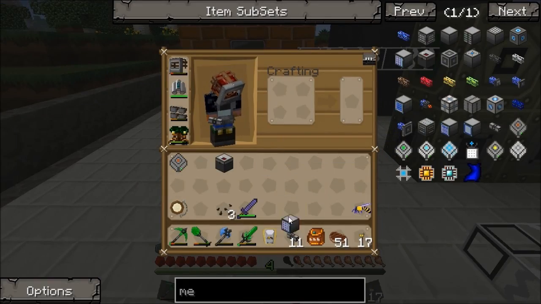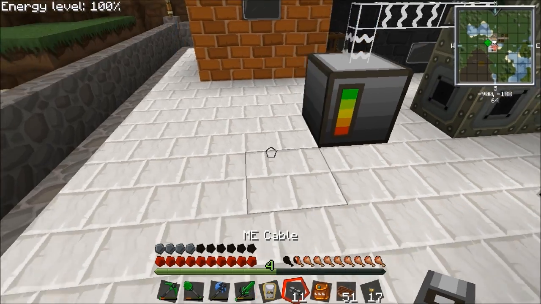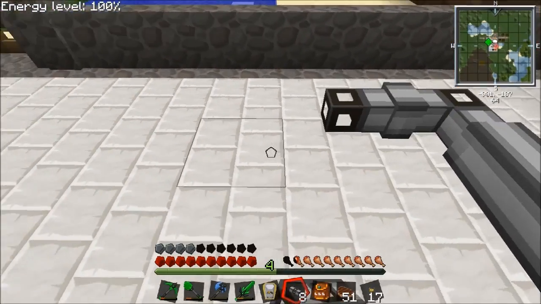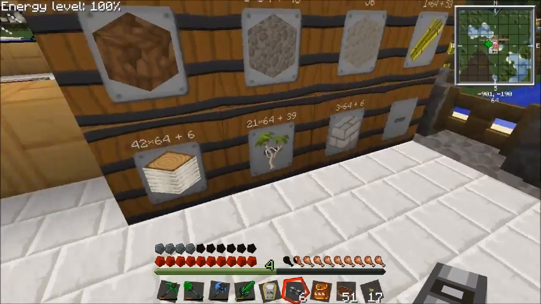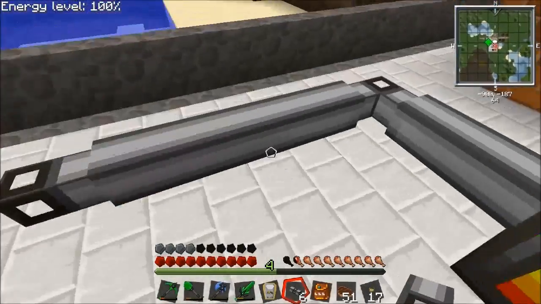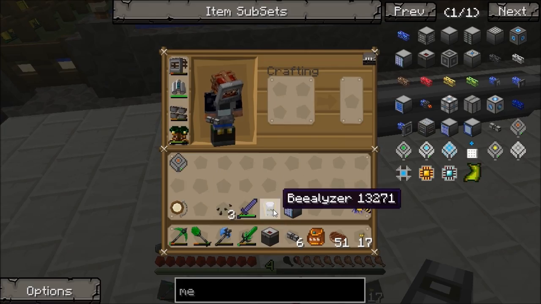And to my ME controller, I don't attach a laser, do I? I attach my ME cables. Now, this is becoming a massive mess, so this is just a basic trial setup first anyway, so we'll see how it goes. There I want to put my ME chest,